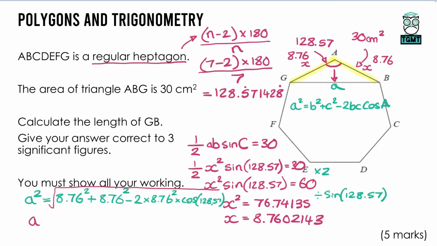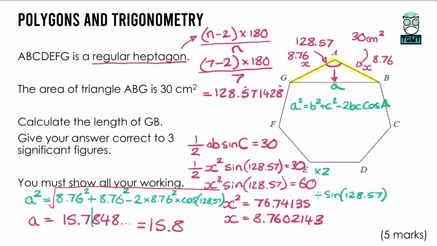So if we put it all under the square root, we'll have a is equal to, and let's type that in, so 8.76 squared plus 8.76 squared minus 2 times 8.76 squared, and then cos 128.57. And there we go. And that gives us a value 15.27848. And there are a few more decimals there, but of course we want to give our answer to a certain rounding here. We want to give it to 3 significant figures. So we can chop this after the 7, which is our 3rd significant figure there, and that would give us a final answer of